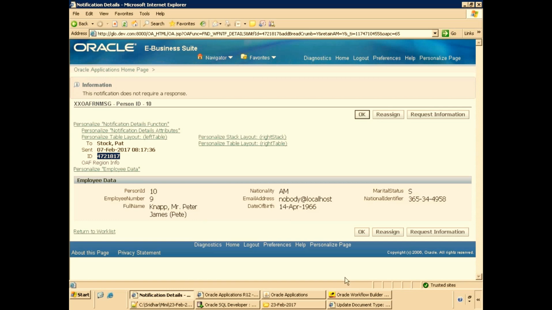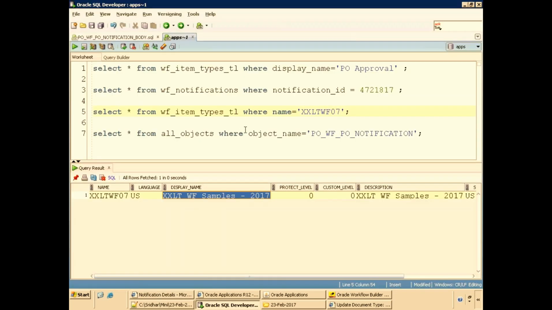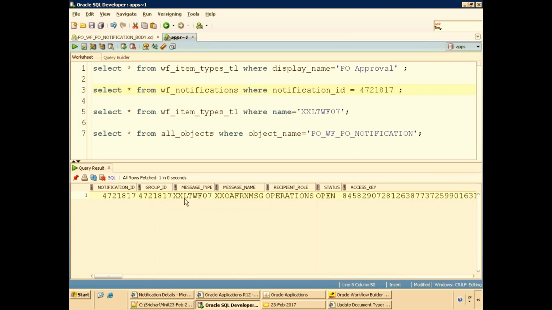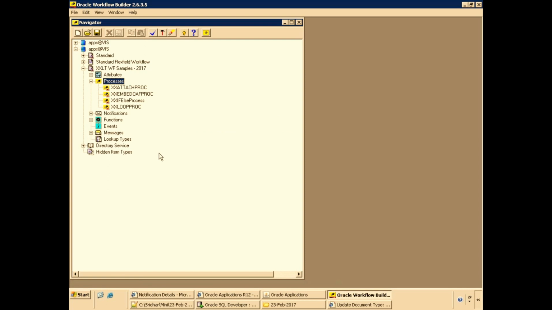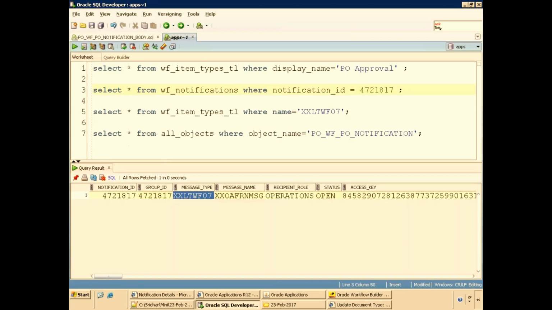Now we know what the item is, right? But how do you know what the process is? That is another problem. Now we know our item name, but this particular item has 4 processes. How do you know which process is getting kicked off? Message we can see, no? Yeah, using the message, that is one of the ways we can do it.